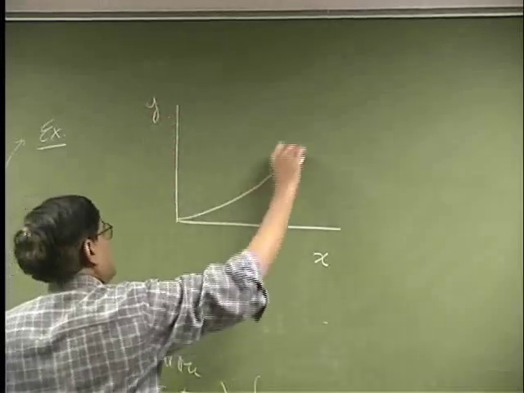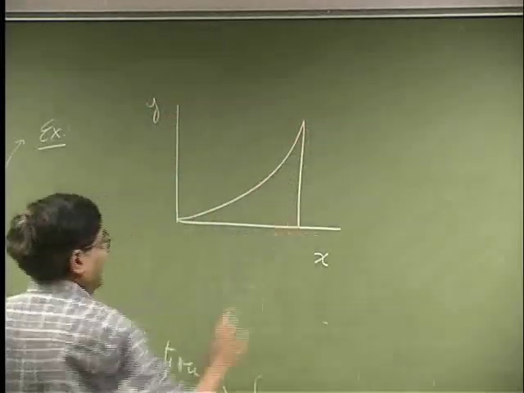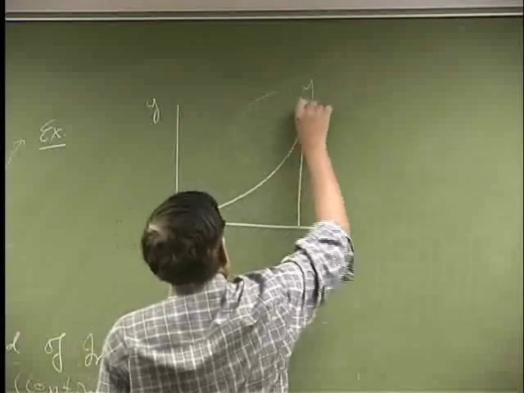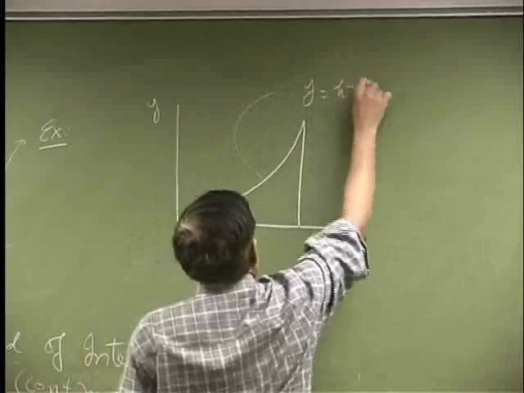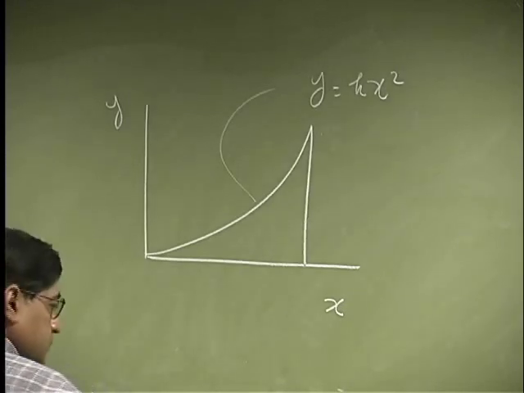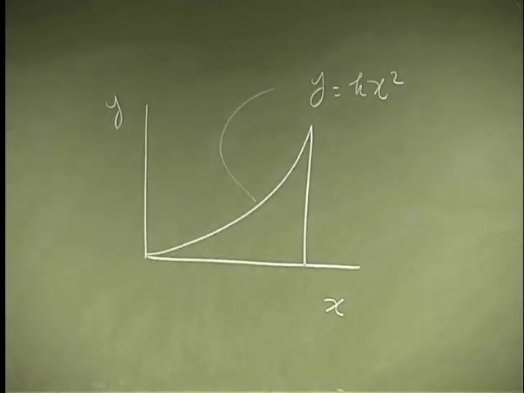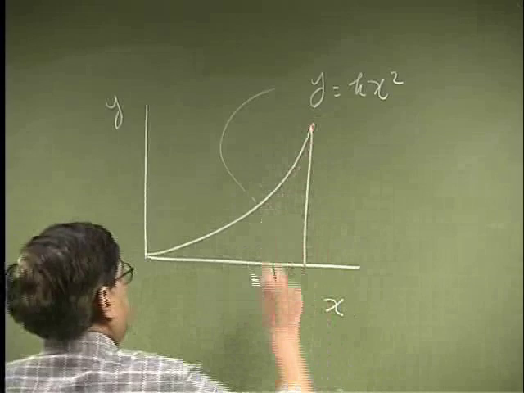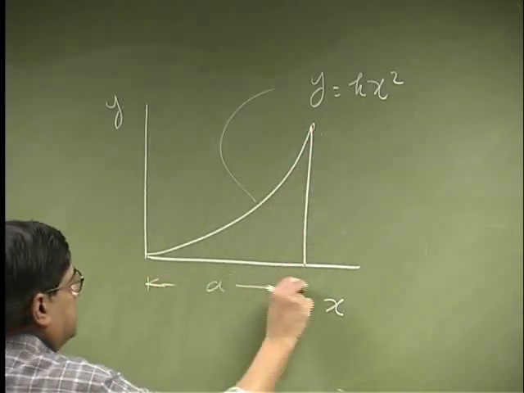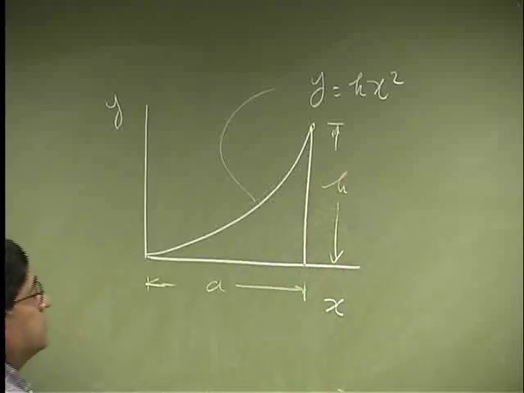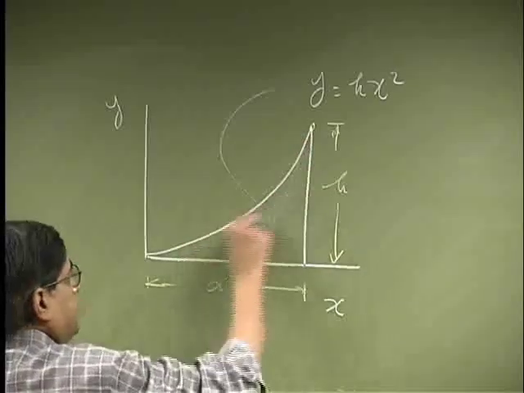So the example we get to work with is, let's say you have x and y, then you have an area, and this area is given by y equals k x squared, and the coordinates of this point here is A, this one here is H,